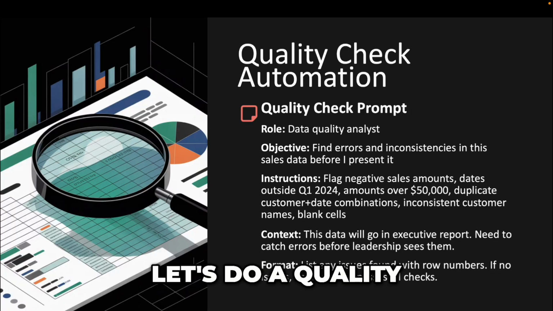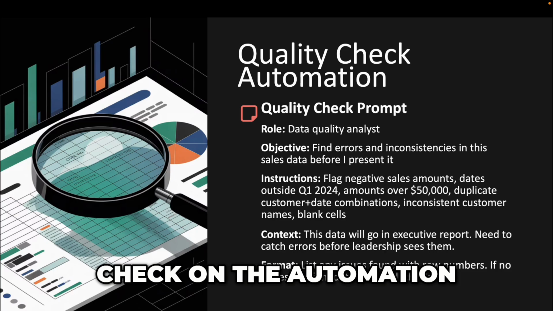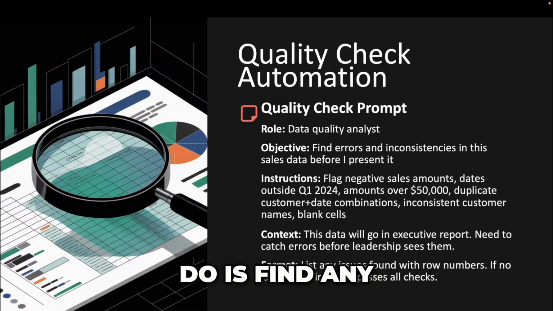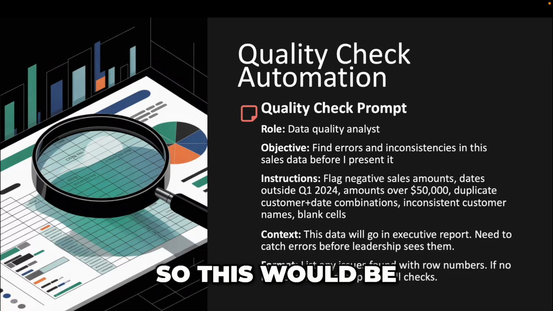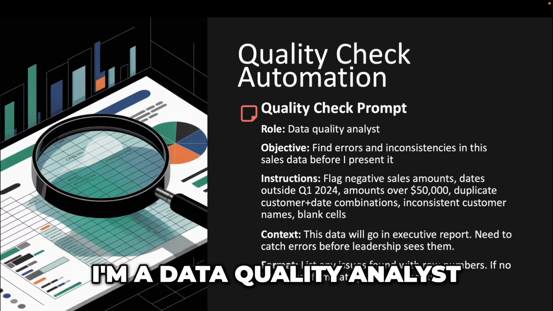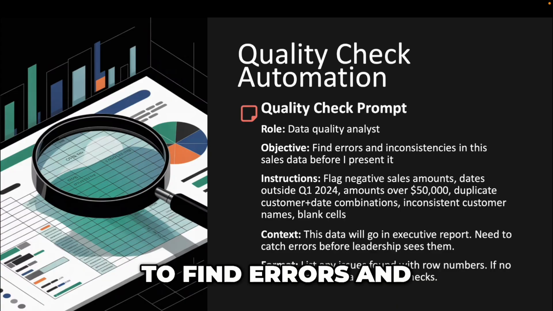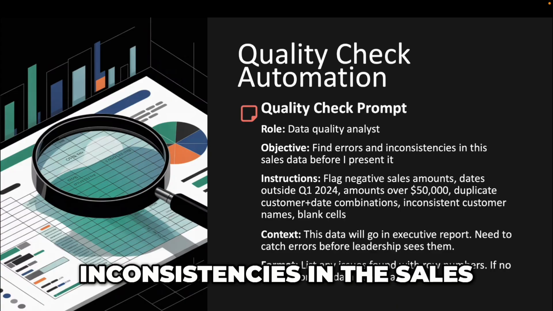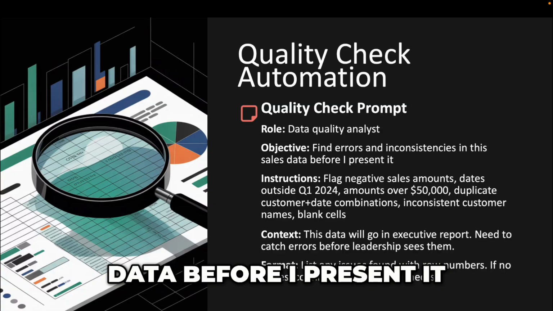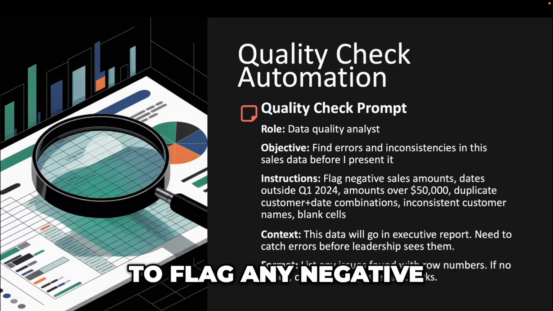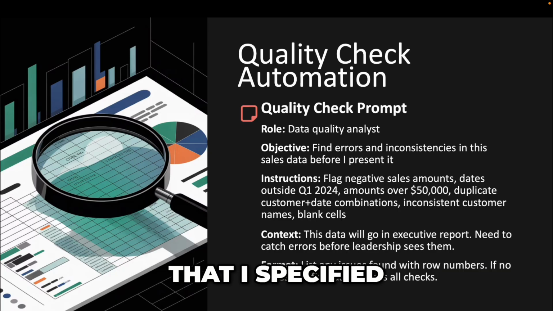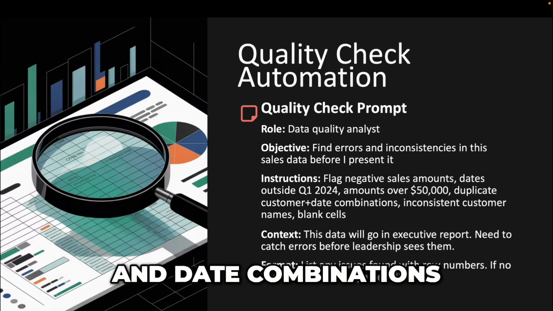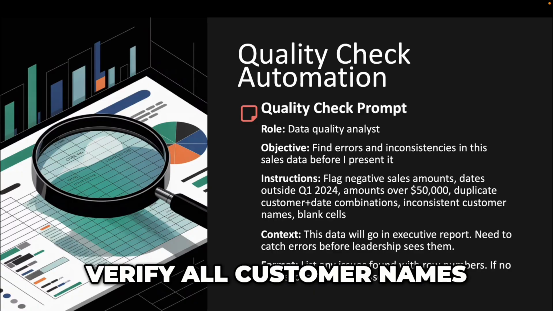All right, let's do a quality check on the automation. So what we'd want to do is find any errors in the data that was produced or the analysis. So this would be the prompt that we would use. I'm a data quality analyst. I want the AI to find errors and inconsistencies in the sales data before I present it. So I want it to flag any negative sales amounts, flag any dates outside of the time period that I specified, flag any amounts over a certain amount,